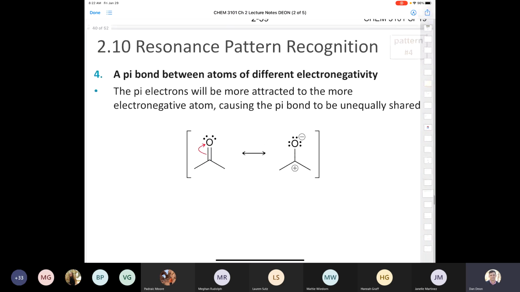And let's see here. It says a pi bond between atoms of different electronegativity. So if we have two atoms with different electronegativity, obviously oxygen has an electronegativity of 3.5. Carbon has an electronegativity of 2.5. I asked you to memorize these in the first chapter. And so since we have an oxygen and a carbon, and we have a pi bond in between them,